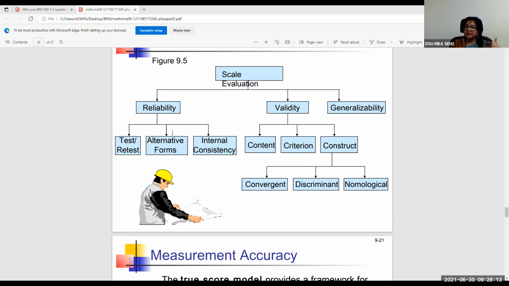Now, there is a way in which you can inflate the reliability score by increasing the number of items. The more scale items you give, the more the reliability score is likely to increase. So when you check any research, we also check whether people have unnecessarily built in many items in a scale in order to get a higher reliability score.